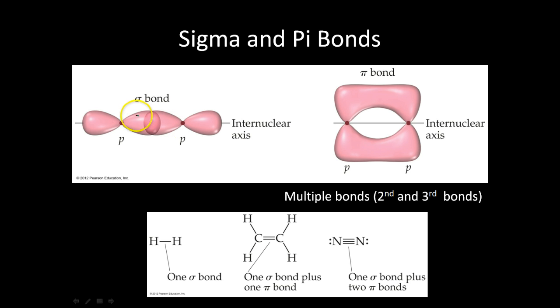Once you have electrons here, they don't like to share space with other electrons. You can have two electrons in the same orbital, but once you get that many, they're just like, we're done. We have no more space. So how do you get multiple bonds? Well, the way multiple bonds occur is not a direct overlap, but you actually have